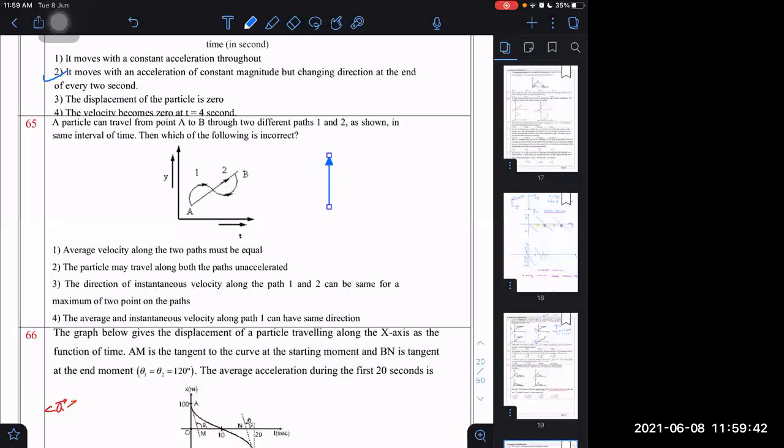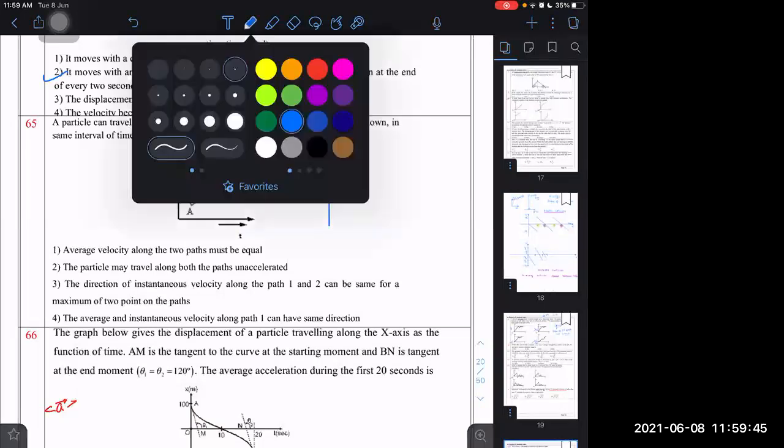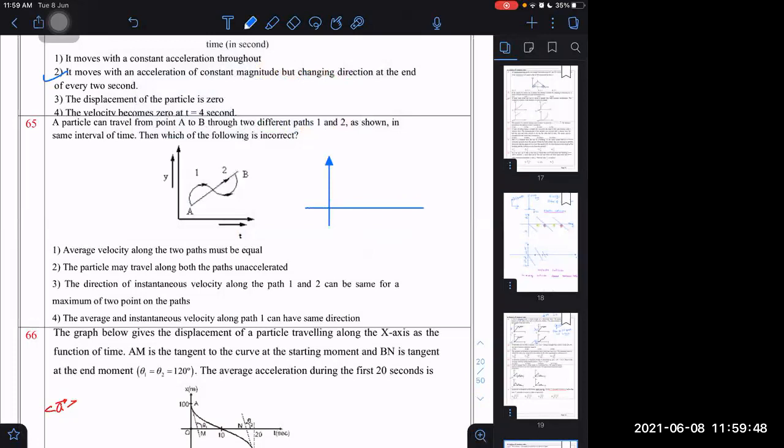Unaccelerated. If it is not accelerating, then velocity should be constant or not? Tell me. Yes, sir. If velocity is constant, then slope of the x-t graph should be constant. It cannot be a curve. If it is a curvilinear graph, then there is acceleration. It cannot be zero acceleration. You are saying it is unaccelerated. Completely wrong. So that A is wrong. B, this path is unaccelerated. The straight line path. Yes, sir.